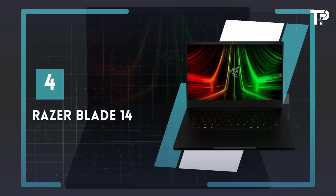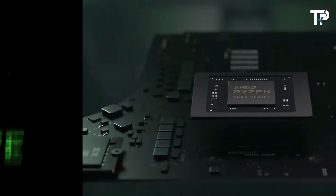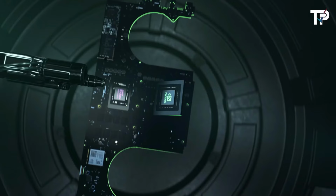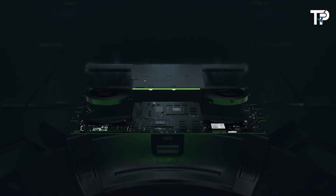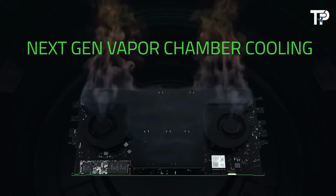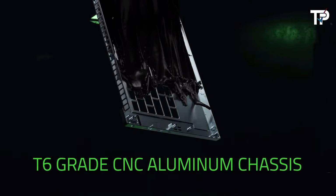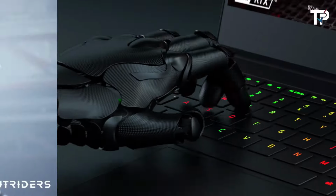Number 4. Razer Blade 14. A lot of gaming laptops are good for video editing, since they're focused on high performance and graphic fidelity, and the Razer Blade 14 is our pick of the bunch if you want a machine for work and play. It's a thin, lightweight, speedy laptop that packs a lot more power than you might expect. In our tests, it easily, and surprisingly, came close to matching the performance of the more powerful Legion 7i Pro